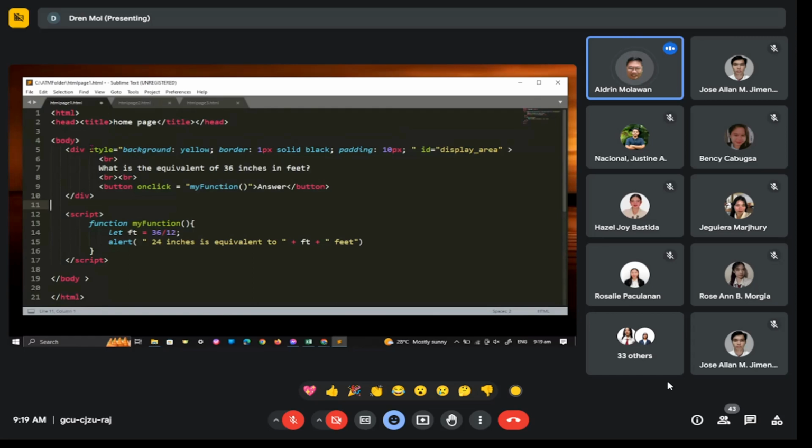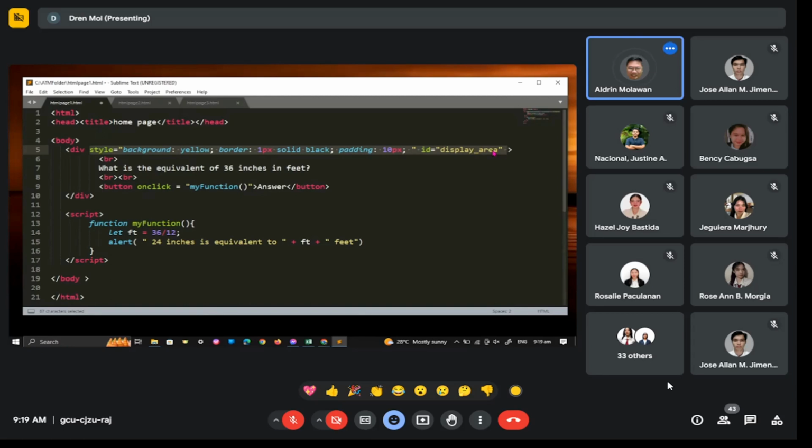I made it in such a way that the style attribute, is it clear what I highlighted? Yes, sir. In line 5. Okay. So, what does that attribute contain? All the properties and its values that will make the div section, or the portion of your browser screen that's covered by the div tag,